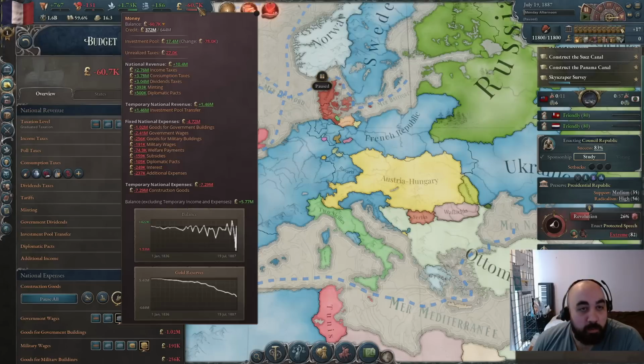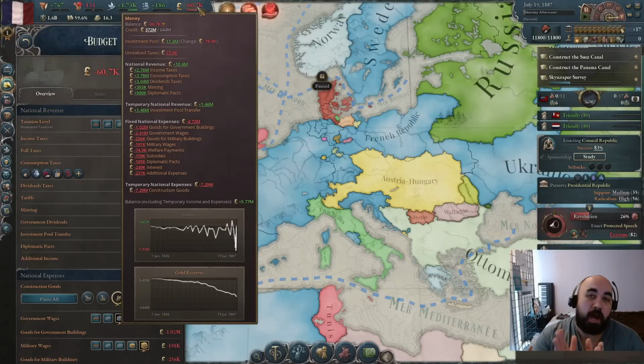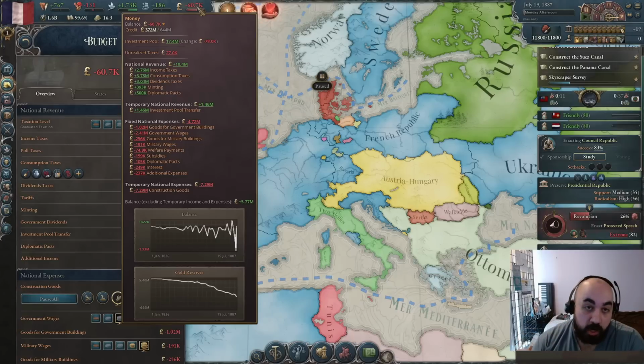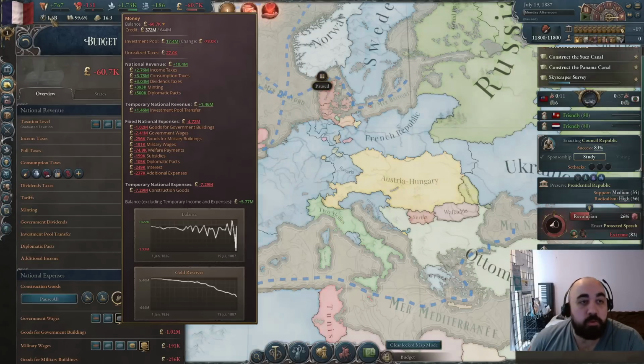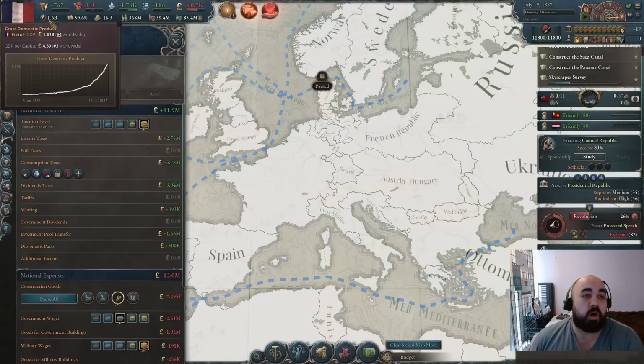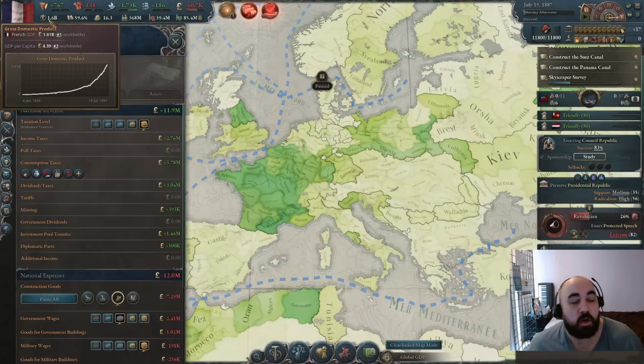A way to think about it is the larger a share of the pie the government takes, this will depress the economy, and there will be less available to the people, and this will decrease consumption of the people. So as the government takes a larger and larger share, this will depress the economy. In reverse, the more money the government injects into the economy, that's if you're running a deficit, this will boost the economy. So what we're going to do here is you can see we're on 1.6 billion in our GDP,